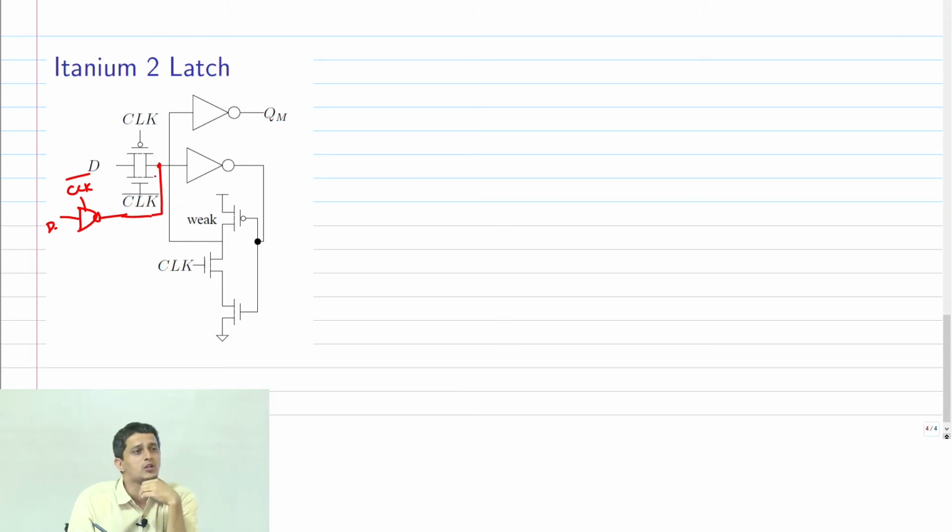So if this node happened to be, let's say, a 1, that means the feedback path is holding a 1, therefore this is a 0. In that condition, if I want to flip the state, I want to make this 1 go to 0.